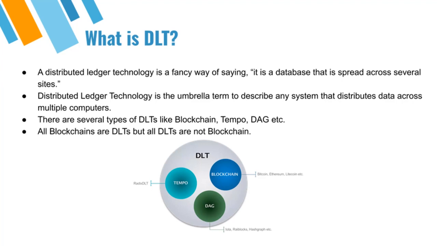Distributed ledger technology holds different types of services like blockchain, Tempo, or DAG. Blockchain is the one where distributed ledger technology came into the limelight. You always need to notice one point: all blockchains are distributed ledger technologies, but all distributed ledger technologies are not blockchain. It's more synonymous to Google and search engine, where Google is a specific type of search engine. Similarly, blockchain is a specific type of distributed ledger technology. Radix, Iota, and IoT are also some other different implementations of DLTs, and all these are not part of blockchain.